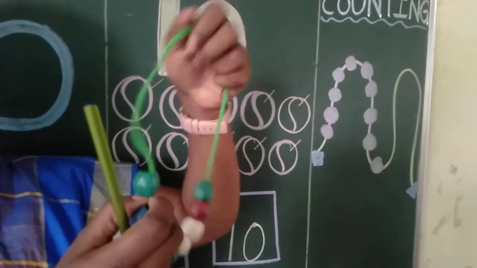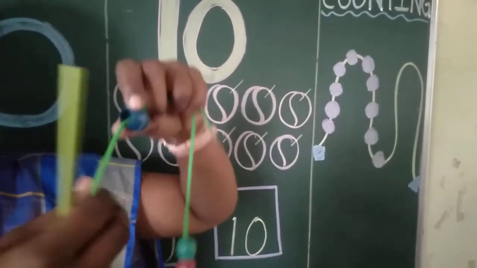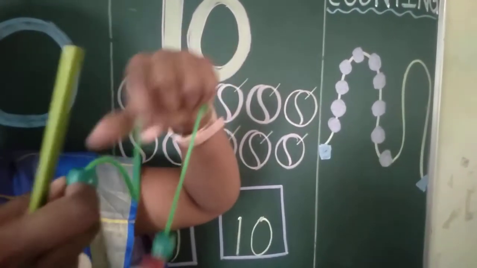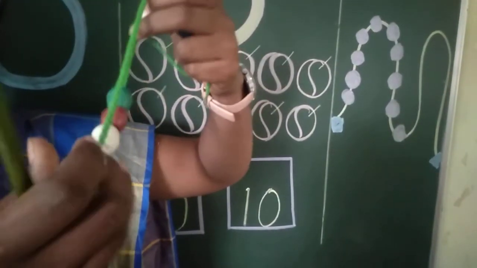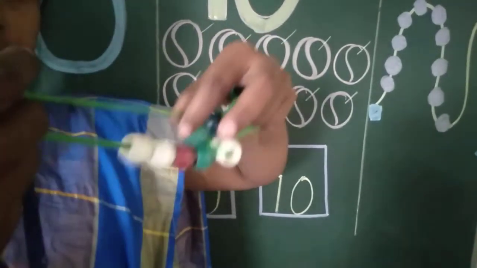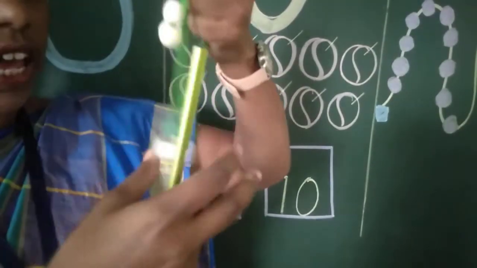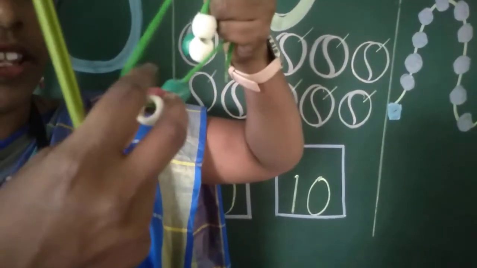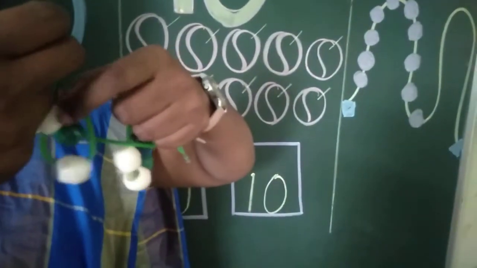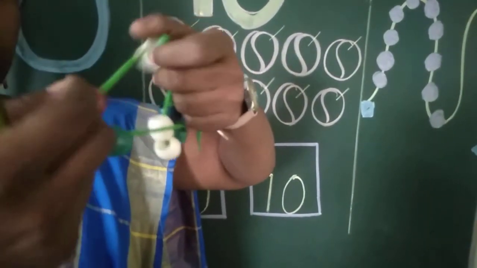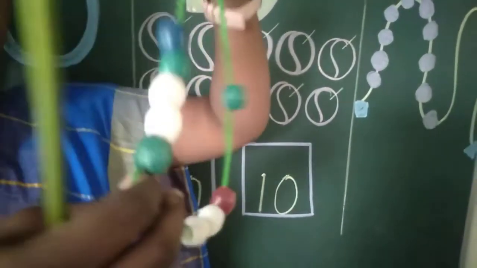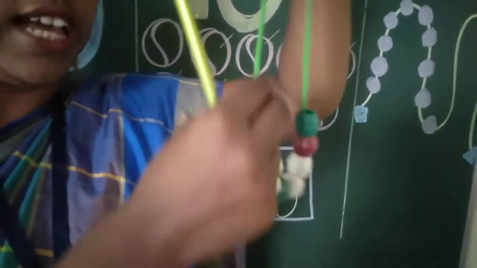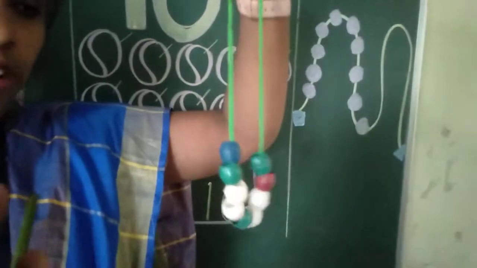Okay? Let's count. 1, 2, 3, 4, 5, 6, then 7, then 8, 9 and last 10. Okay student, in this way you can also make beads with the thread at home also,